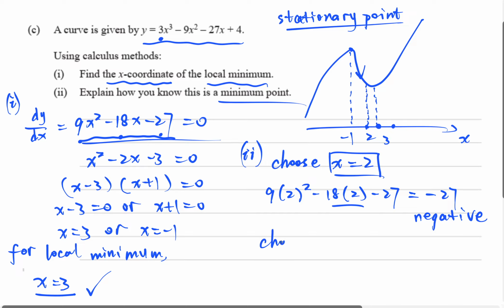So I choose another number, x bigger than 3. I choose 4. I substitute it back into the gradient function as well. So 9 times 4 squared minus 18 times 4 minus 27. 4 squared is 16, 16 times 9 is 144. 18 times 4 is 72. 144 minus 72 is 72, and 72 minus 27 is 45. So it's positive,